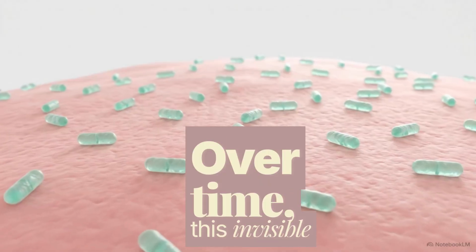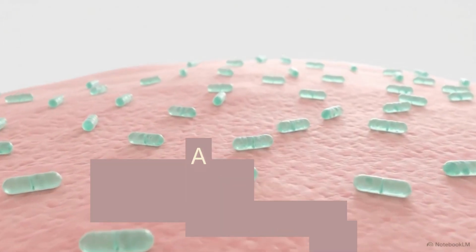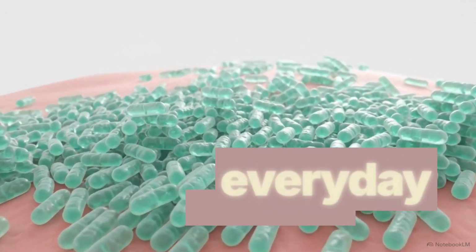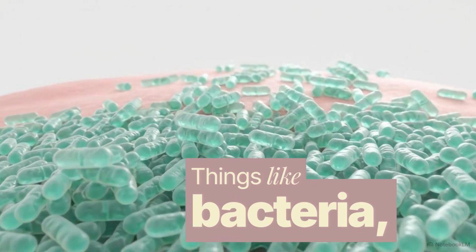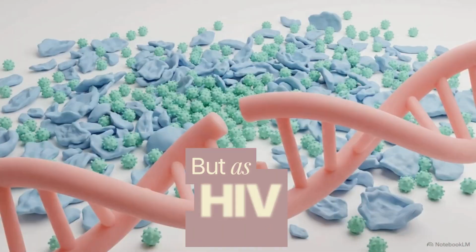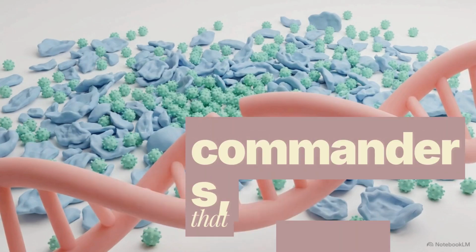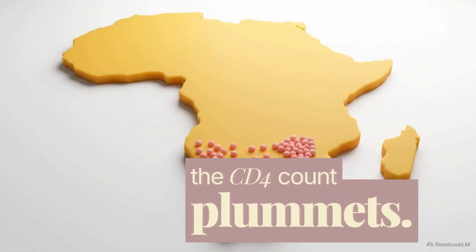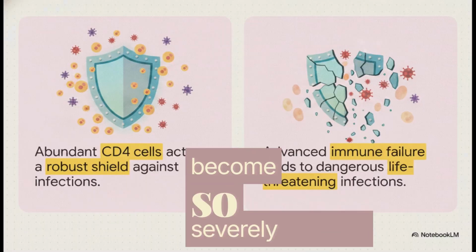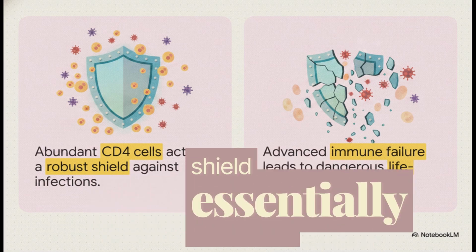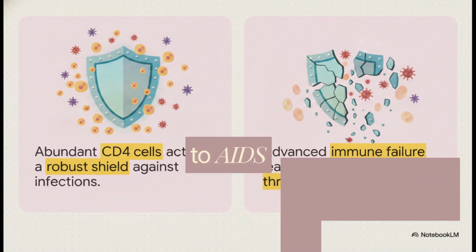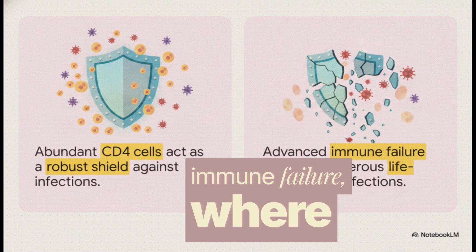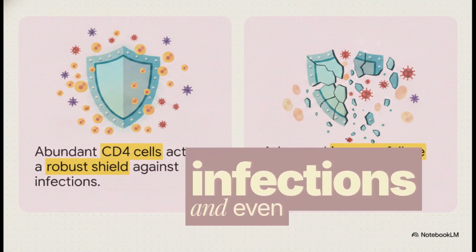Over time, this invisible battle takes a huge toll. A healthy immune system has thousands of CD4 cells acting as a robust shield against everyday external threats, things like bacteria, fungi, and other viruses. But as HIV multiplies and wipes out those commanders, that protective shield starts to shatter. Slowly, over years, the CD4 count plummets. When the immune defenses become so severely damaged that the body's protective shield essentially collapses, the infection progresses to AIDS, acquired immunodeficiency syndrome. This is the stage of advanced immune failure, where otherwise completely harmless infections, and even certain cancers,